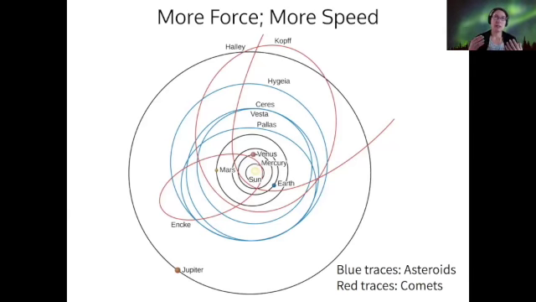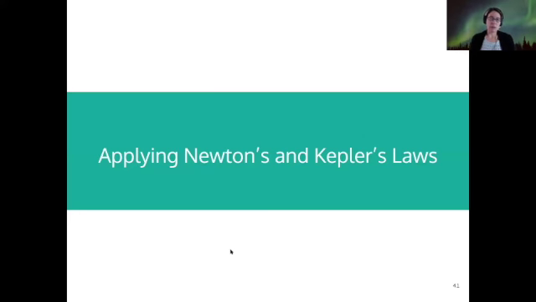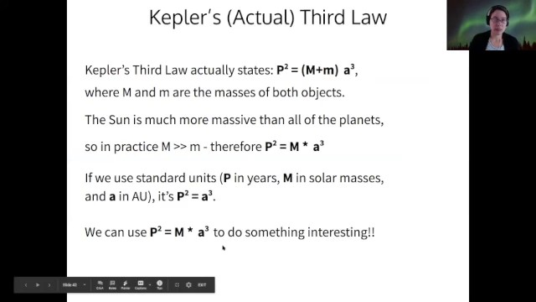And it was actually possible for Newton to prove Kepler's laws by using his new law of universal gravitation. So that's pretty satisfying when you can actually prove a law of nature mathematically. So I want to apply Newton's laws and Kepler's laws briefly and give you just a preview of the homework for this week. So if we come back to the idea of Kepler's third law, which was that the period